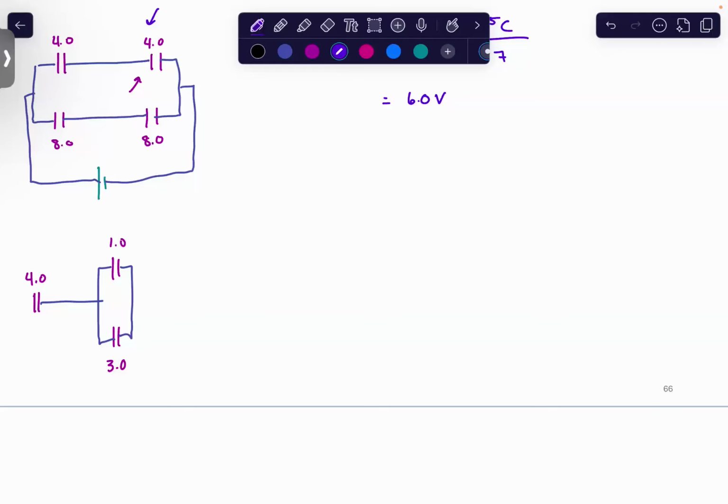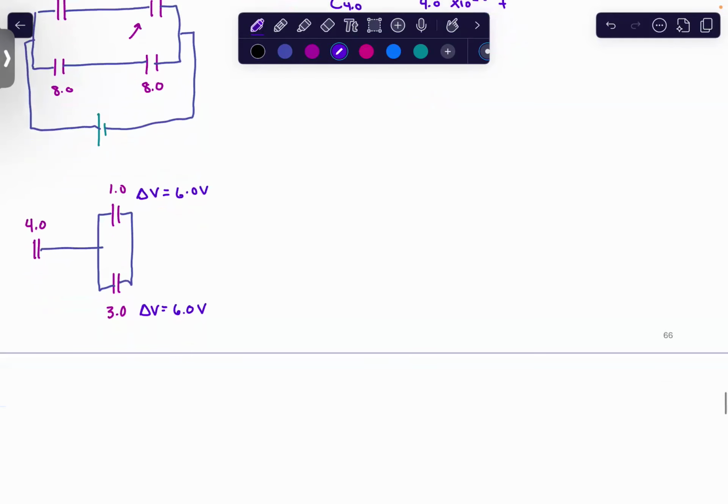And I know that the delta V here, and so now if I want the Q,